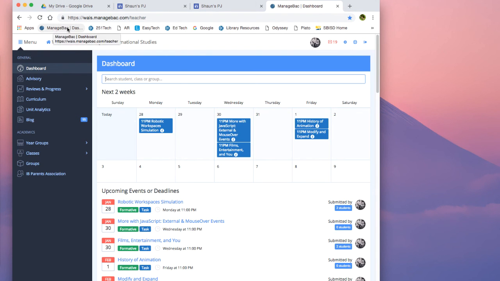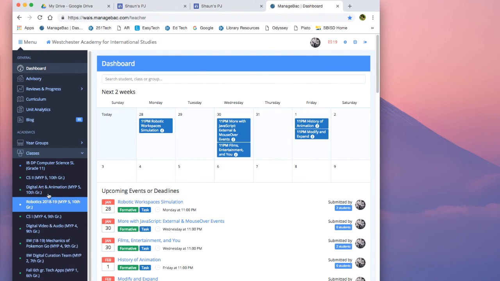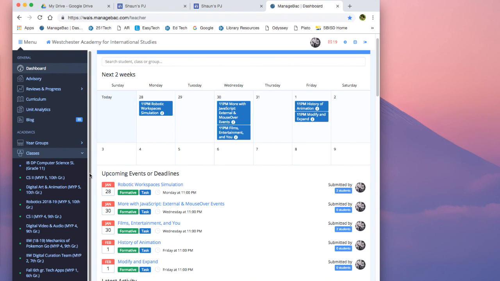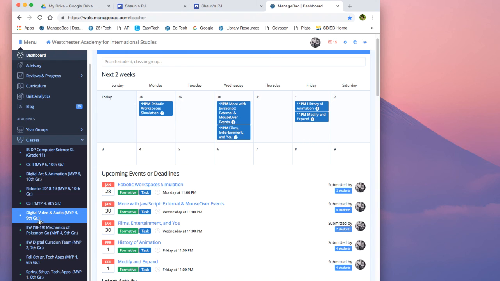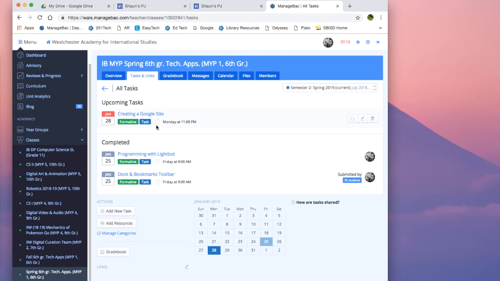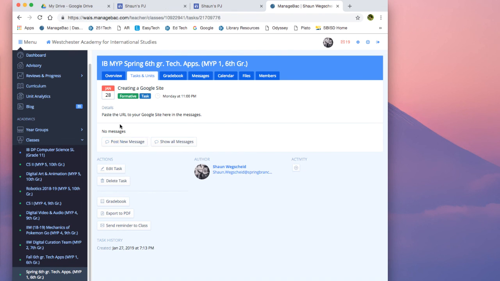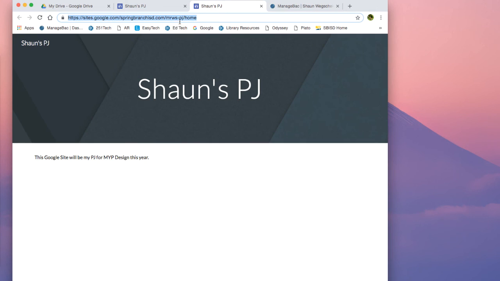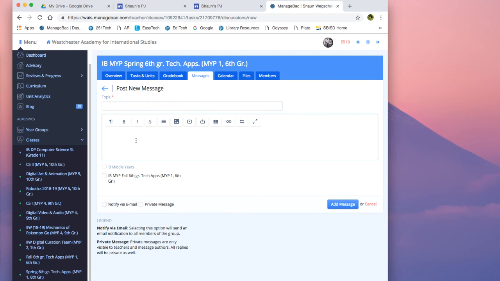So you can go to your bookmark and go to classes and find our class, right? And then add it into that assignment. So we can see this, creating a Google site, right? And we can click on it. And here we have the directions, paste the URL to your Google site here in the messages. So we can do post new message, and we could grab this URL here, and then here we could paste it in,